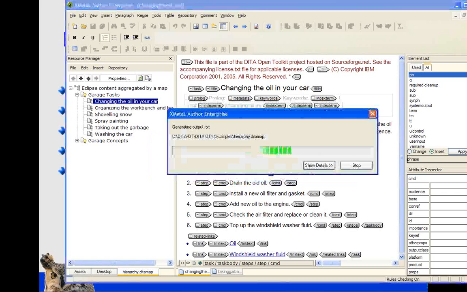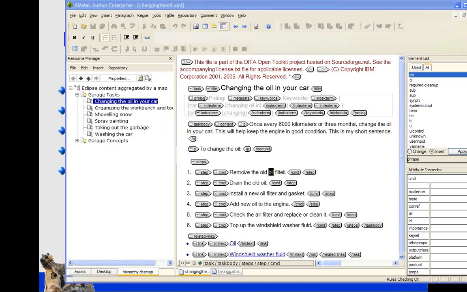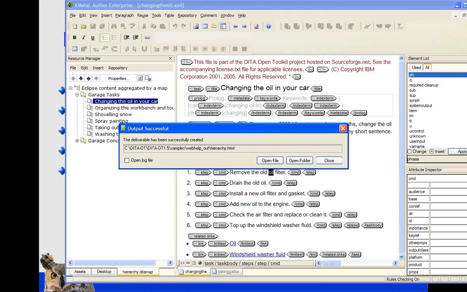HTML file, and it contains information for a footer for our pages. So if I click that, it now says OK, and OK. Now when we generate output for our topic, I'm actually going to erase all of those changes that I made, but that's OK because we're almost done. But now our output files are going to have a footer on them. And while that's processing,